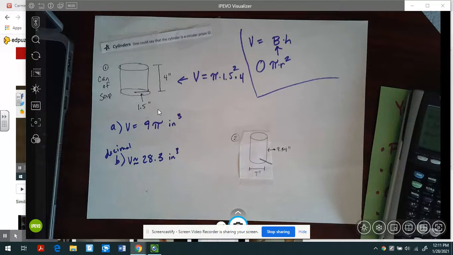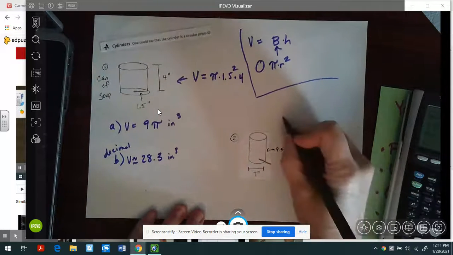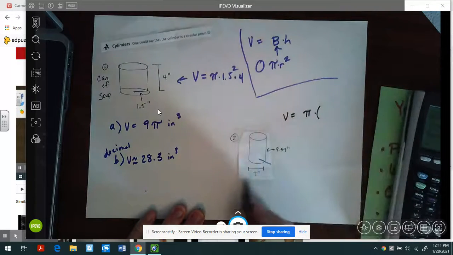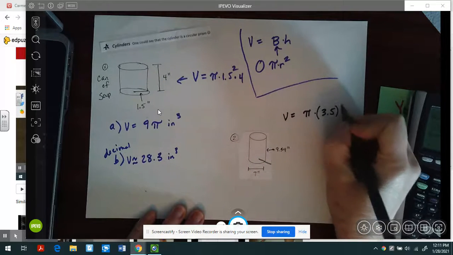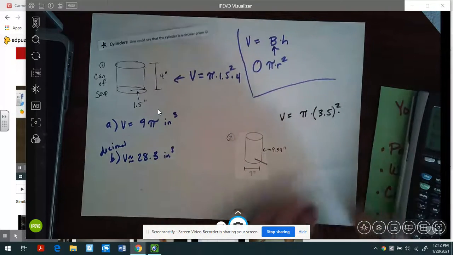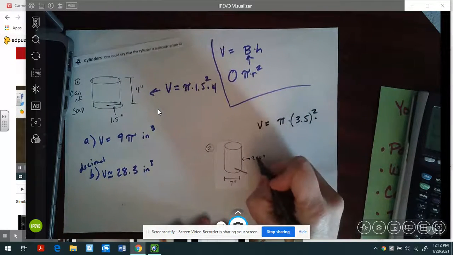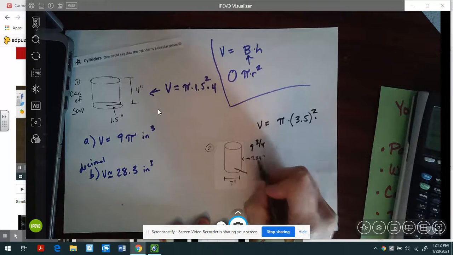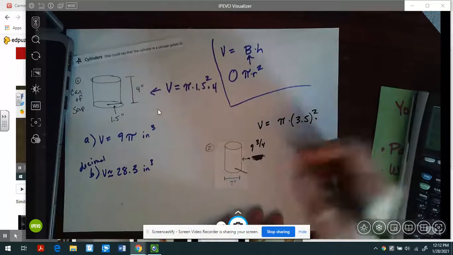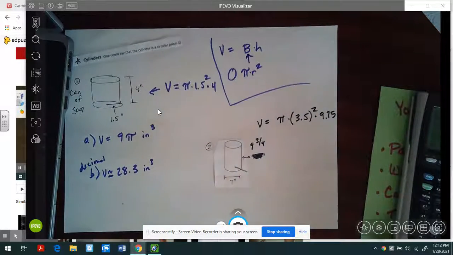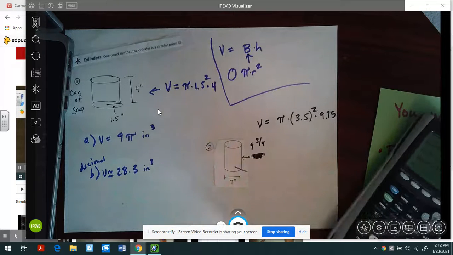And this one, got some fun with a fraction. Volume is pi times radius squared. Be careful, I gave you the diameter. Oh, snap. And then times height, which is, that is supposed to be 9 3/4 like that, which would be the decimal 9.75. Crazy hatch. Let's multiply out the numbers, ignoring the pi for now. 3.5 times 3.5 times 9.75 is